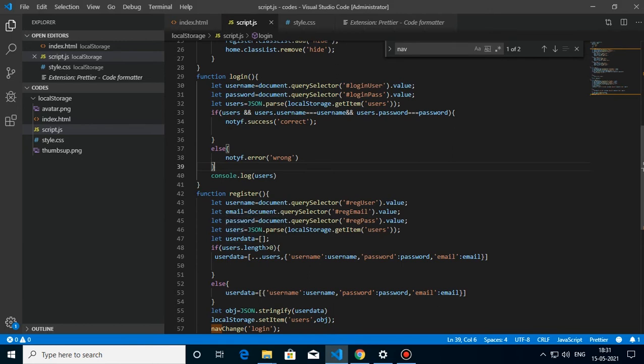So users is not an array, it's null. For removing such errors, all we have to do is add users in front of it. What it does, as I have already told you, is that only if users is present, not null or undefined, if there is some value in it, then only it will go to this one. So now we can remove that error.